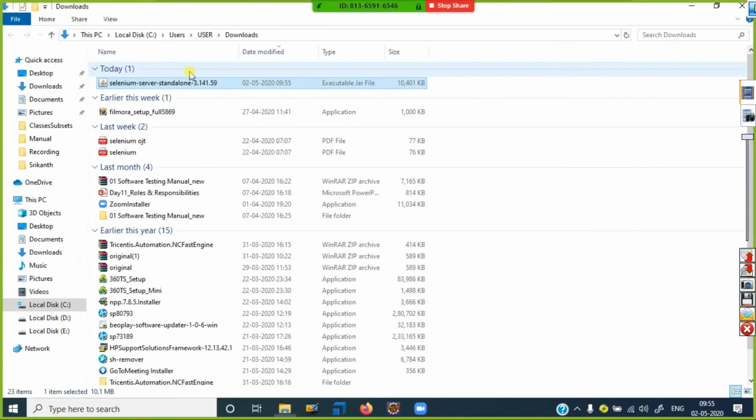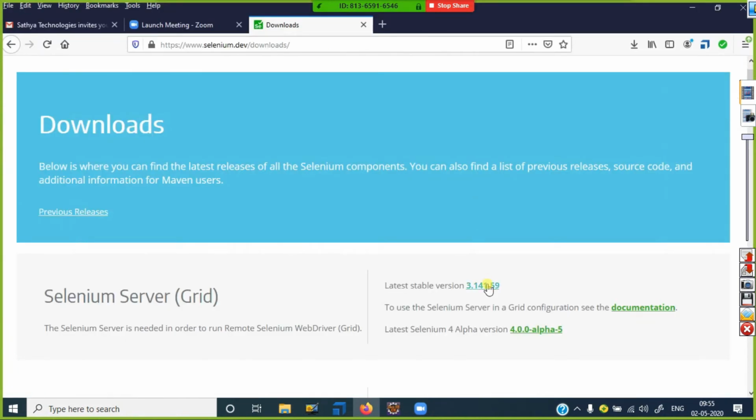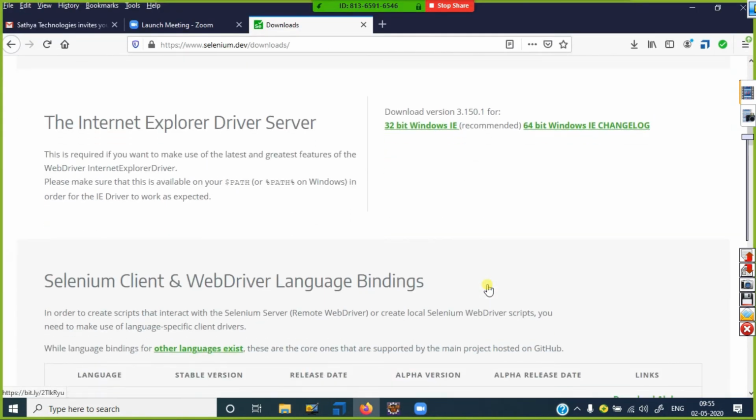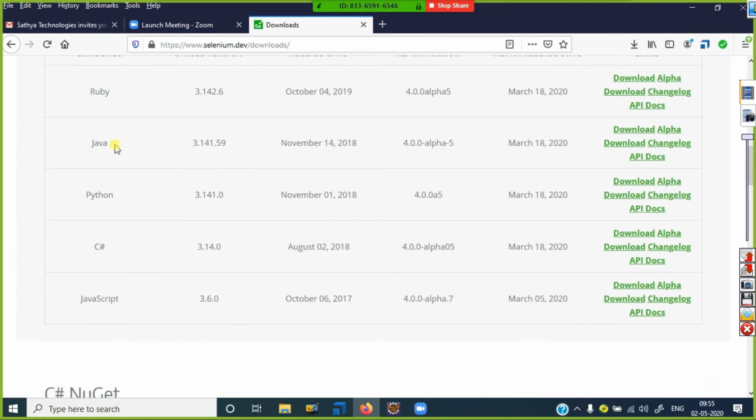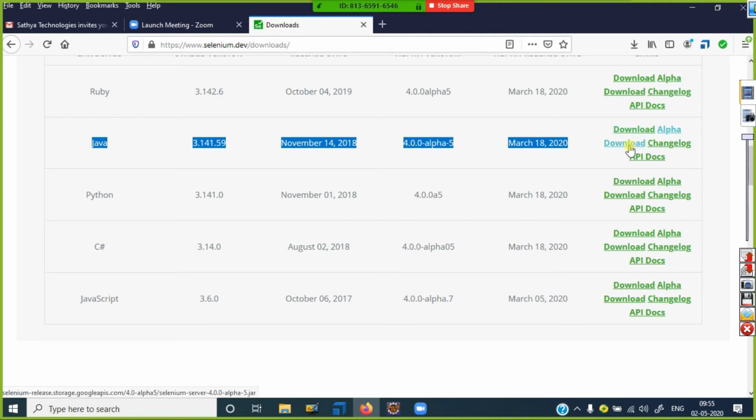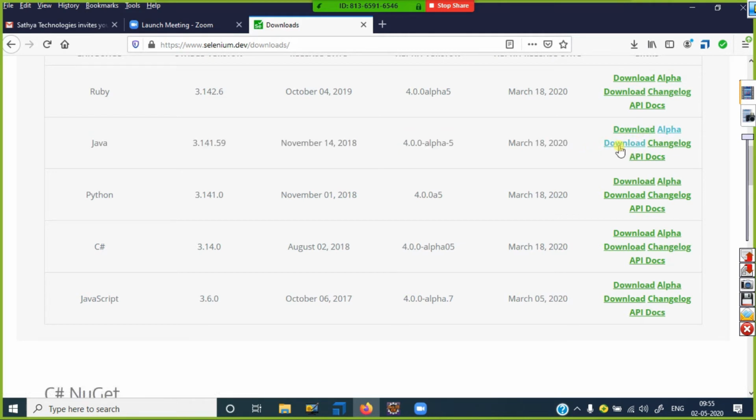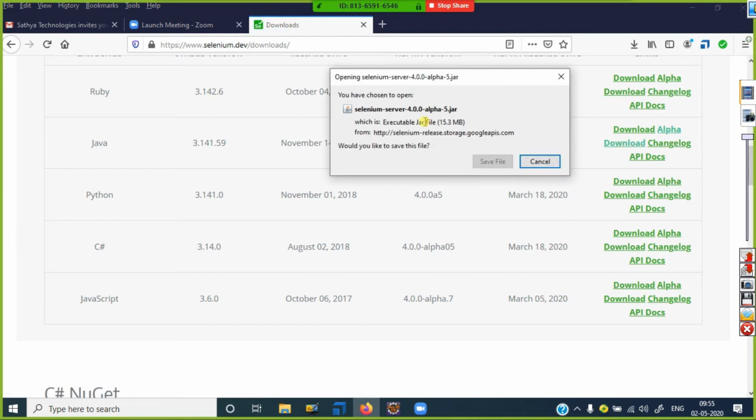One more point I will tell you. Not this one, you can download this one. For example, let's discuss the Java related one. I'm not going for the alpha download, I'm going for the stable version download. So click that. It's downloaded.